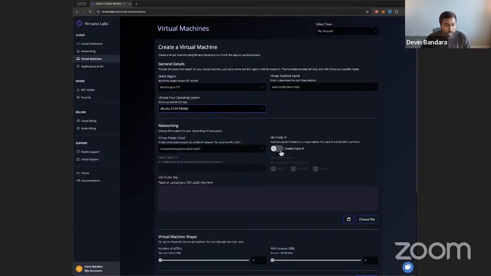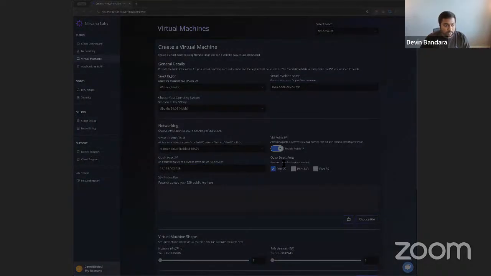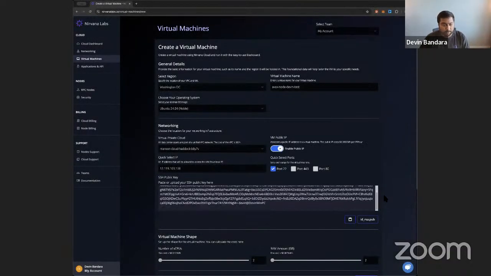And then we want to enable the public IP so that you can do node peering. And then we're going to pick that VPC that I just enabled that security rule on. This is going to be the quick select IP. You can put whatever IP you want there, and then you can choose your file, your ID RSA pub key,